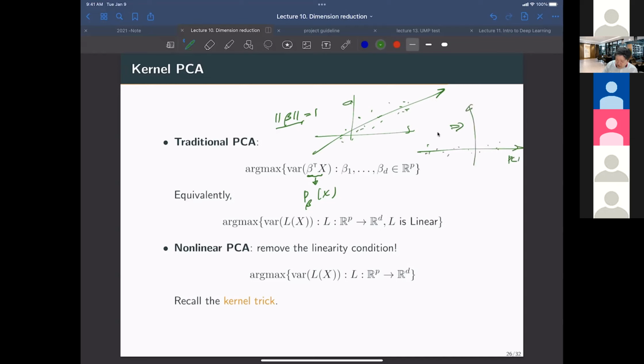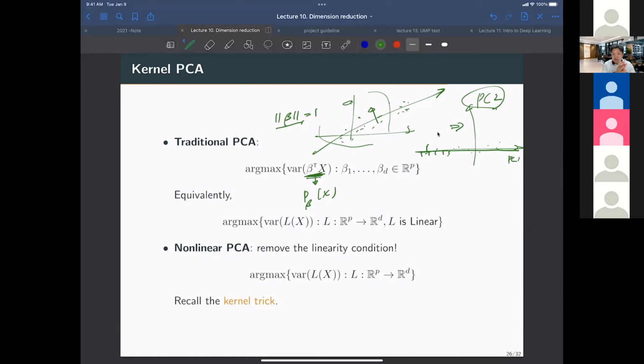And we ignore this PC2 part as an error term. We only consider these as our new variable. So we reduce the dimension from 2 to 1, considering the other parts as error terms, not meaningful terms. Okay, so we want to maximize the direction like this, but it's basically the beta transpose x